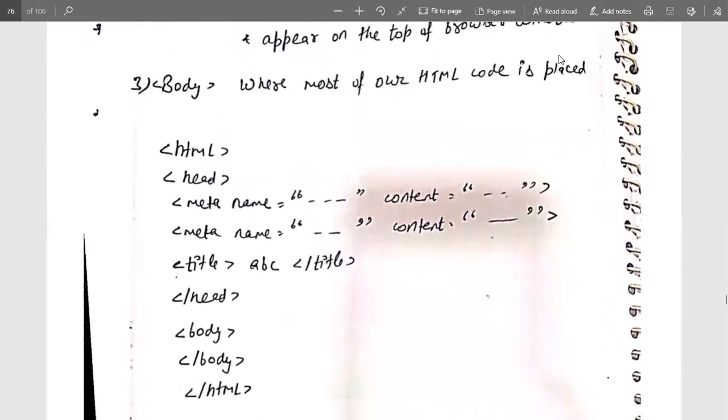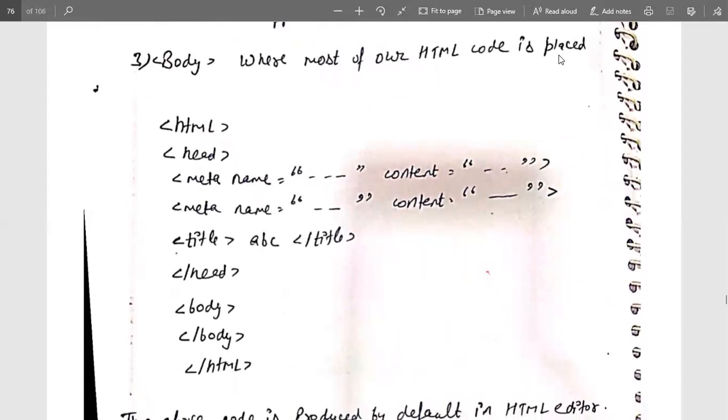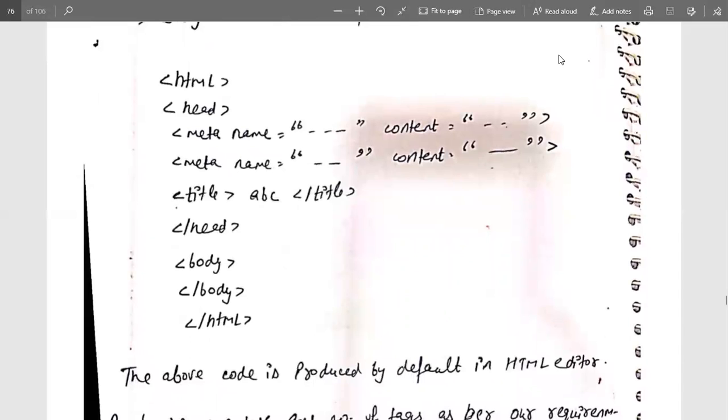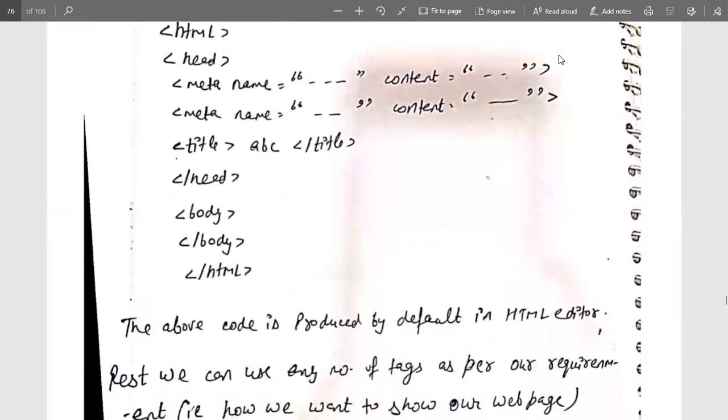The sample over here is HTML, then the head tag, after that meta name. Meta name contains the content, and in a similar manner whatever we want to insert we will do it with the help of the head tag, and then the title tag is started, sorry, and the title is mentioned over here. Once the title is mentioned, the title is closed. After that, the head containing the basic information about the data is closed over here. Then the body tag is opened and closed over here, and the content we want to show in our web page will be mentioned in the body tag.